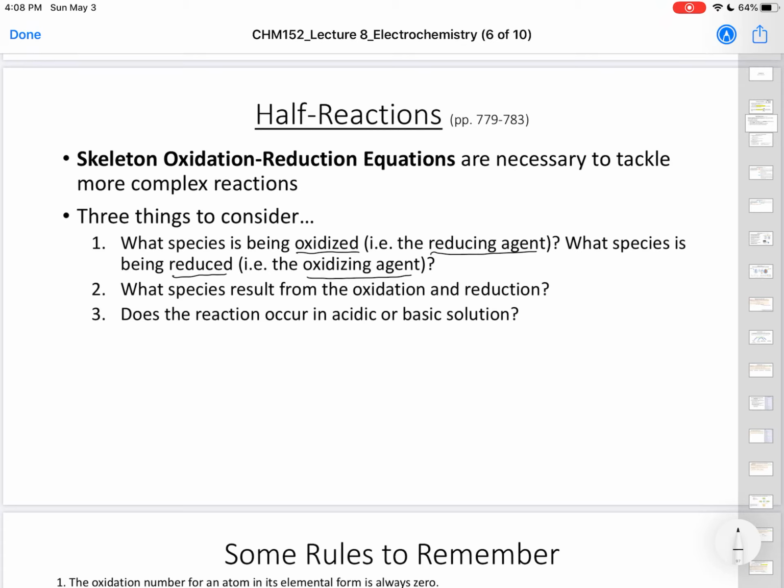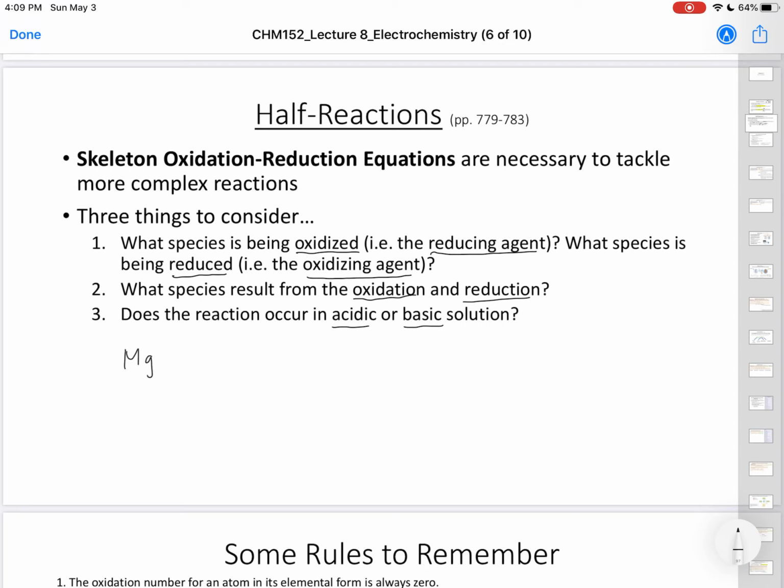We're also often considering what species is the result of the oxidation and what species is the result of the reduction. And in this chapter, we're going to be looking at whether it occurs in acidic or basic solution. I'm going to teach you how to deal with acidic solution first and then basic solution afterwards. A very generalized reaction that would be good to look at is, let's say, if we had